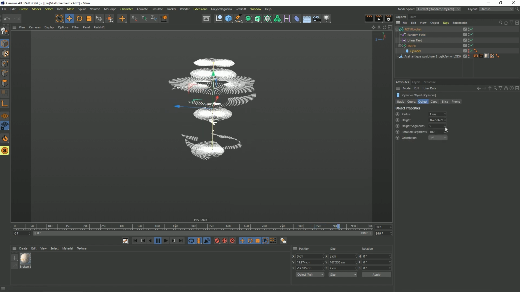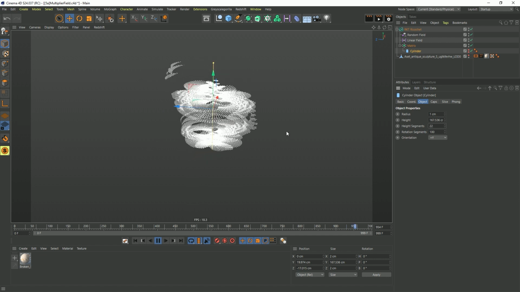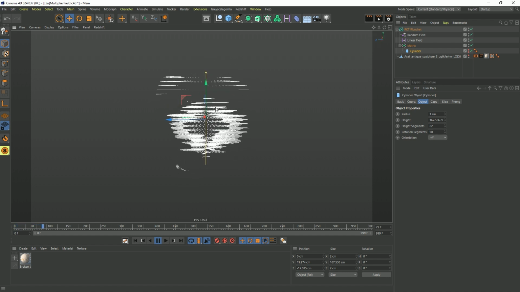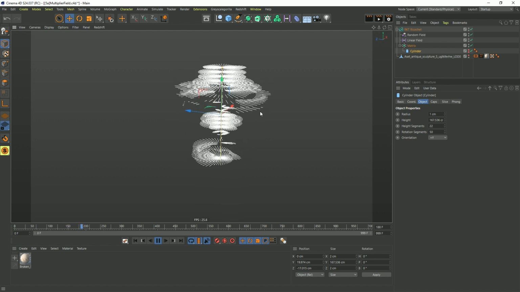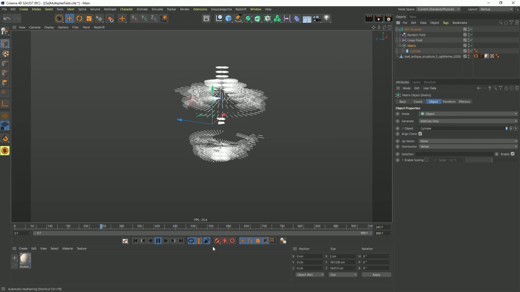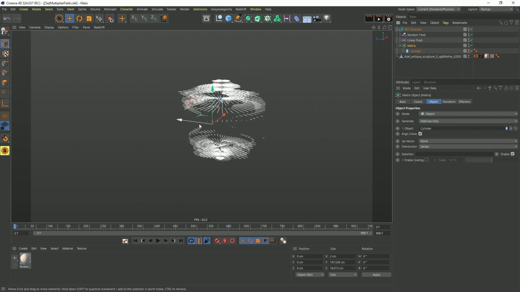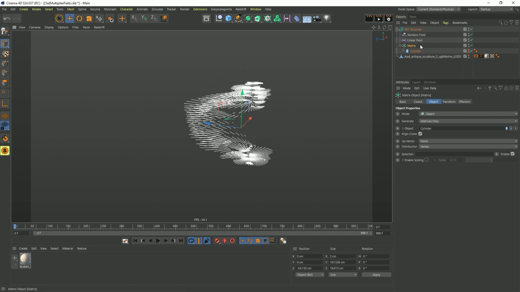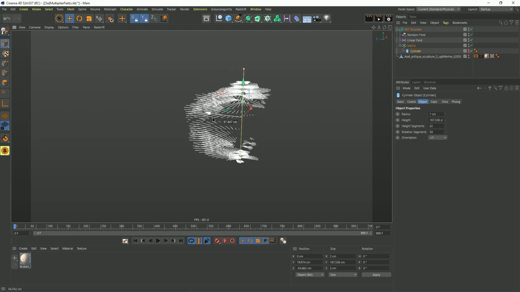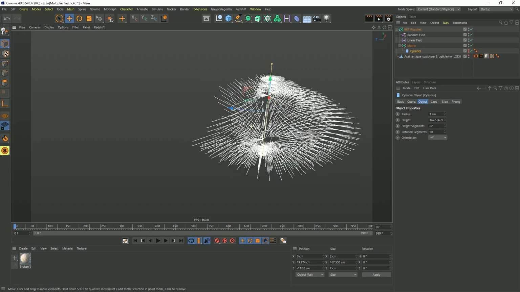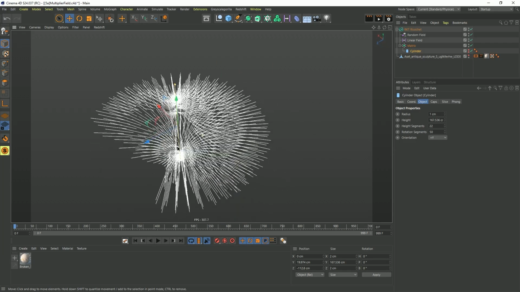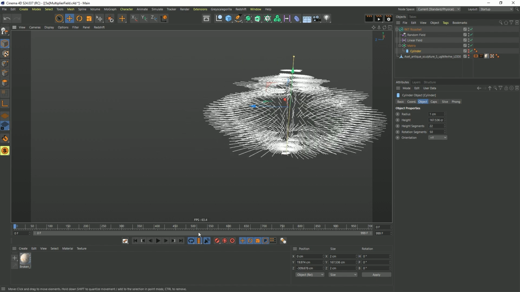We can put more stacks in the cylinder. So let's make there be 22 going upward. Maybe we'll make slightly fewer around. So we'll say 50 just so we can see the individual ones. And now they're bursting up, going down, and just repeating the pattern, taking on the shape of the model as we're hitting it. This entire setup is currently inside of the model, but if we were to pull it outside the model, let's grab actually just the cylinder. I can move this outside of the model, and you'll see that we'll collide with the face of it, or any shape that we want to. So you can see how it's kind of erasing out the shape,